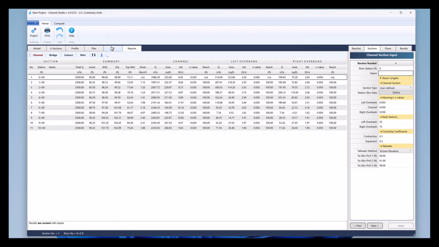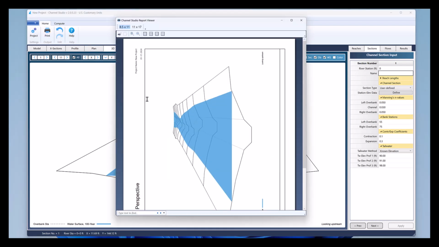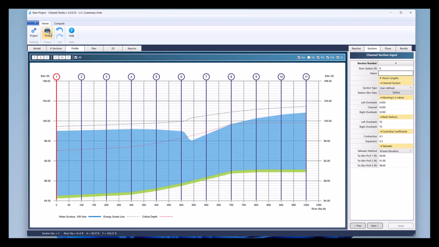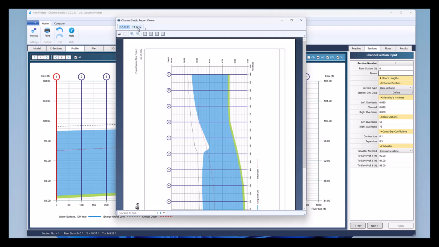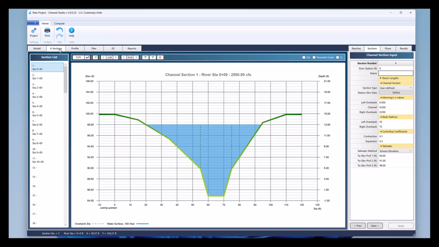The way the reports work is that whatever you're viewing is what will be printed. So if I print this while we're viewing the 3D, that's what will be coming out on your report. Profile, I can print that. Notice that you also have options of printing it at 8.5 by 11 or 11 by 17. So whatever you're looking at, and as far as the cross sections go, you can either print all of them or a